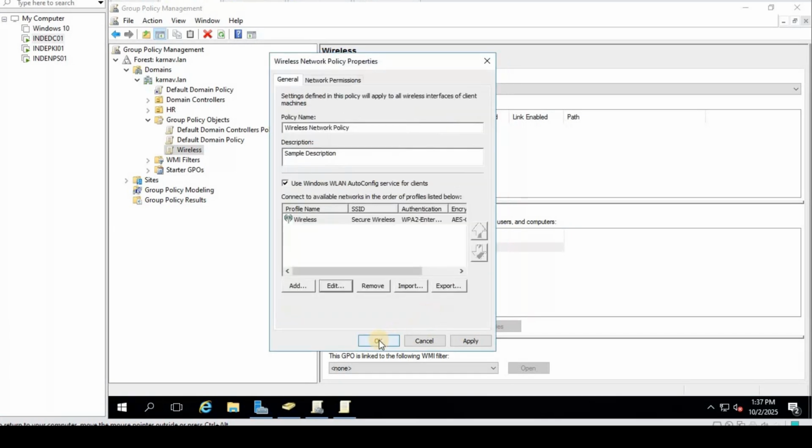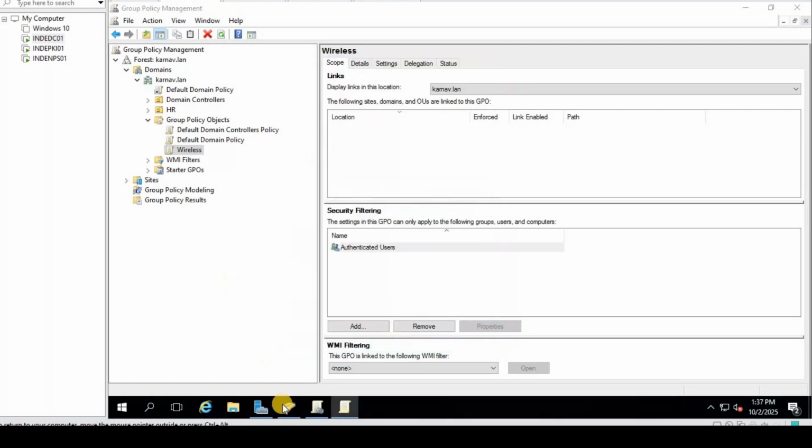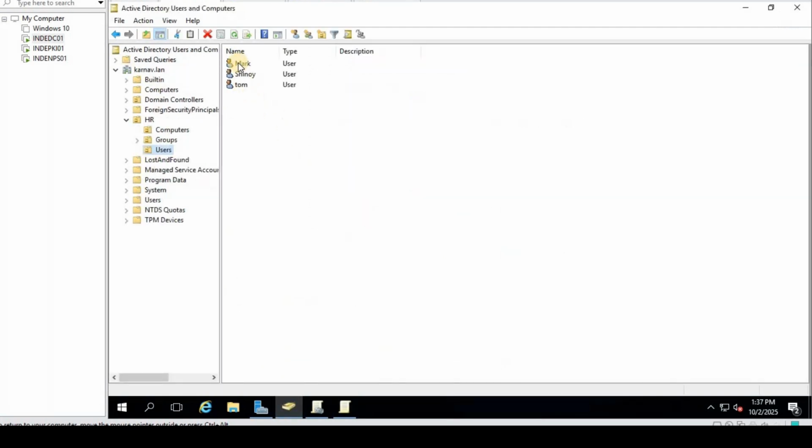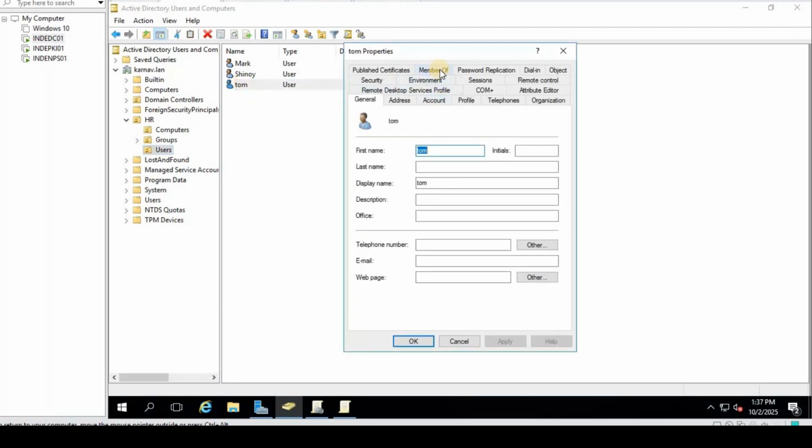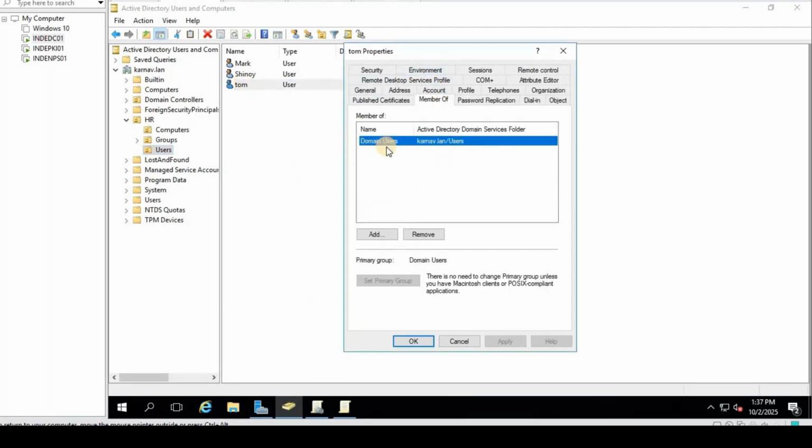And now you can try to connect the same SSID from the laptop with the domain credential. So as we can see, we are having these three users, Mark, Shino, and Tom. And you can see Tom is not a member of any specific domain group, that is only member of default group that is created domain users. So now we will move to our